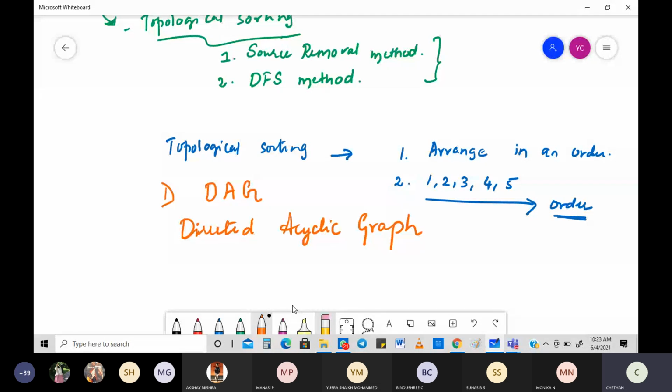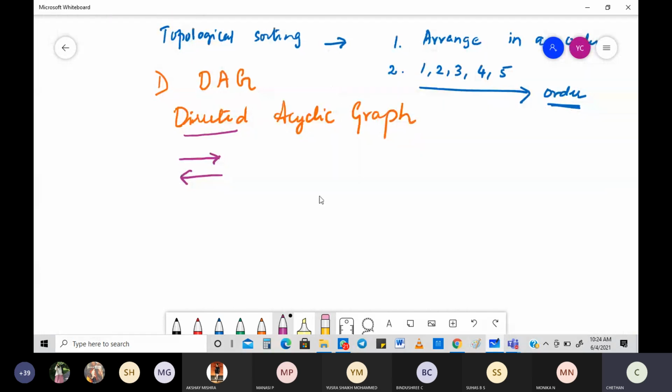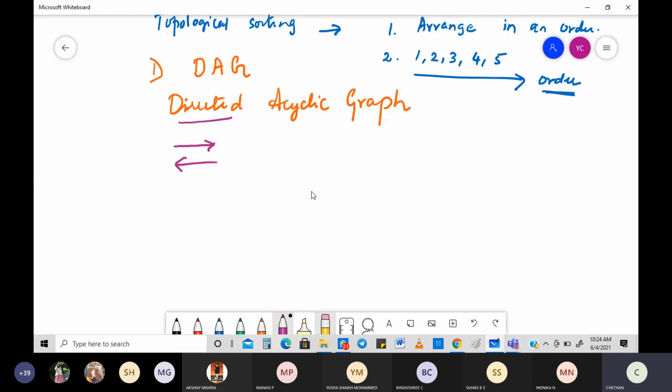What is a directed graph? A graph which has directions like this. There are two types of graphs. Probably you would have learnt it way back. What are the two types of graphs you have? I can write a graph like this. One is a graph written like this. See this graph?